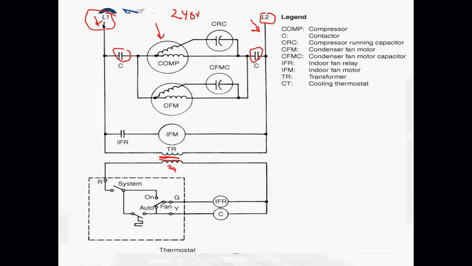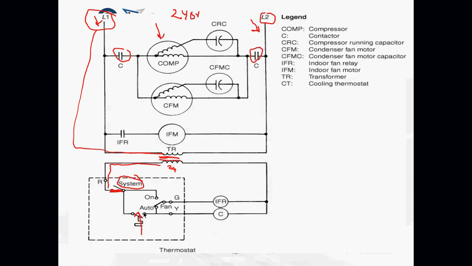So again, sequence of operation. I'm providing power to my transformer. The transformer secondary is providing power to the R terminal of the thermostat. This system switch, you see quite a lot. The system switch is basically the on or off, or heat or cool or off setting on your thermostats. So if the system switch is in cool mode, that's closed. The room temperature goes up